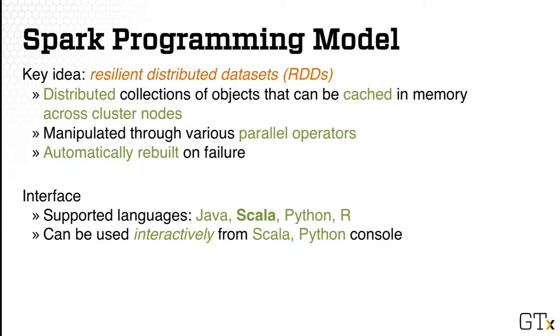Internally, Spark uses a data structure called RDD, short for resilient distributed datasets, to let users explicitly persist intermediate results in memory across multiple computer nodes, and to manipulate them using parallel operators that can process these in-memory data. To provide fault tolerance, these RDDs can be automatically rebuilt if a machine dies.